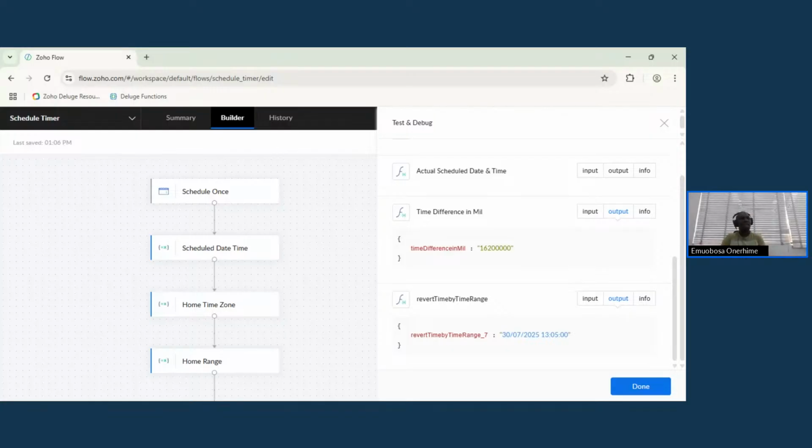Yeah. So we need to just modify this run time again so that it is in the future, and then we can test this. So if we run this test and we look at, no, not the time difference, now the output of the range, you see that it is 13:05. So that means that it reported 13:05 to be the current time. But then it reported that